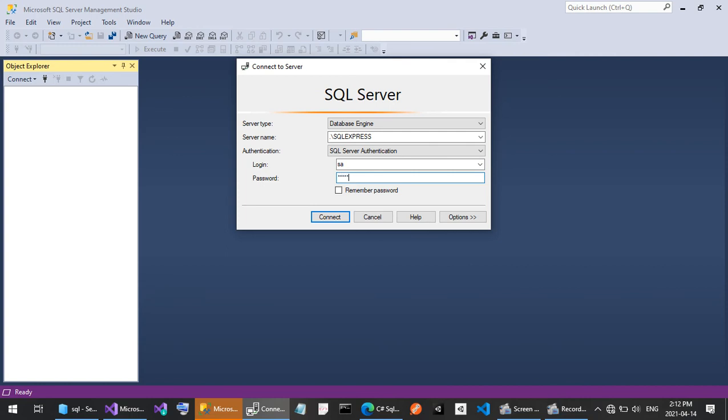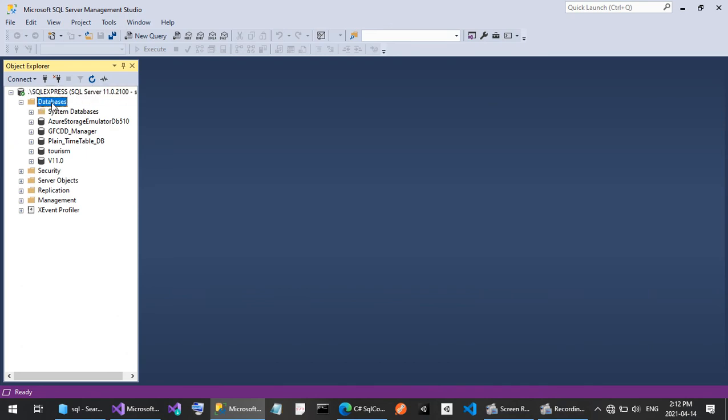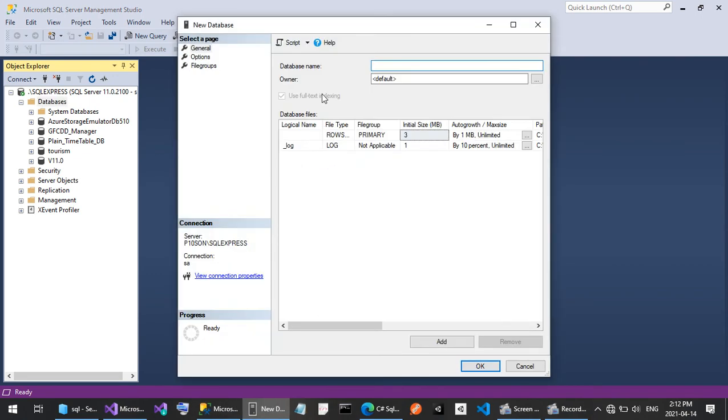I enter my password. I say remember my password, so I don't have it ask me again and again. Okay. So I came to the screen that we talked about. Right now I go to database and create a new database. In here I say my database name should be, okay,